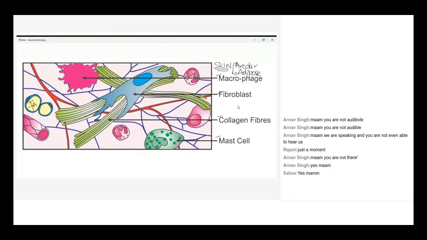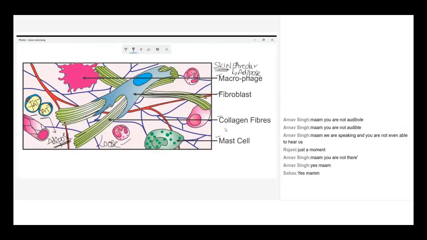Can you see the yellow color particles in this picture? Those are nothing but the fat. Under the skin only you will have the fat tissue. These are nothing but the adipose cells. Adipose stands for fat. Okay, the adipose cells are also present along with areolar tissue under the skin. Both the adipose tissue and the areolar tissue are called the loose connective tissue. Both come under loose connective tissue only.